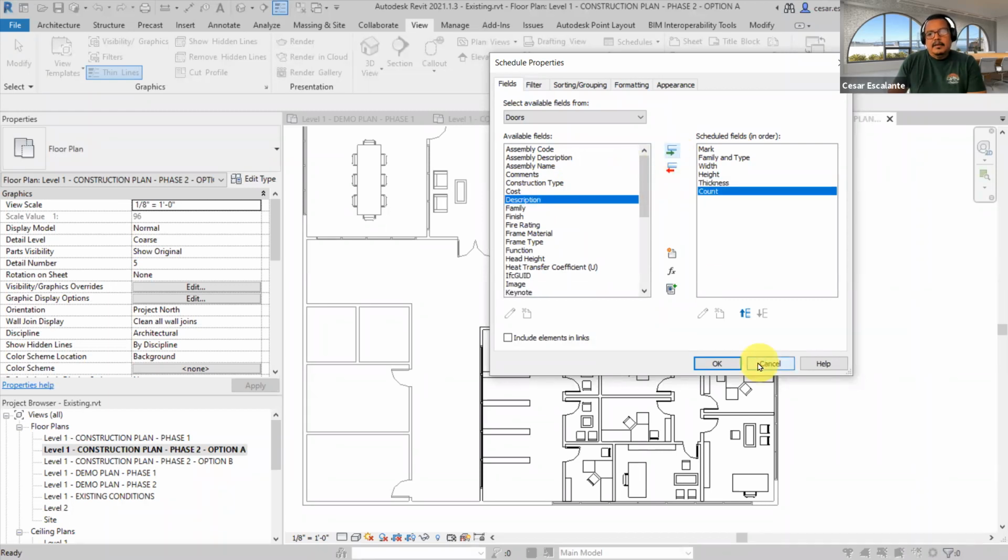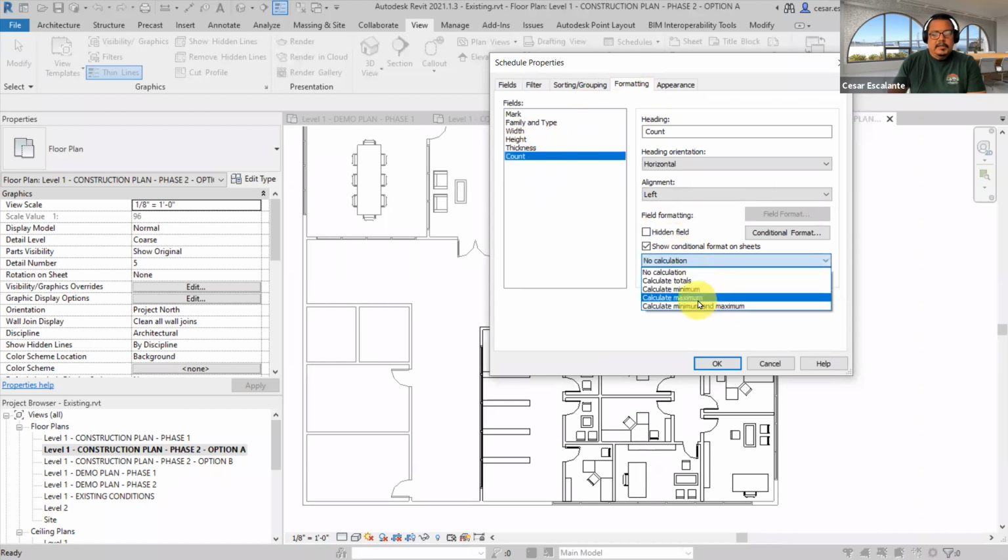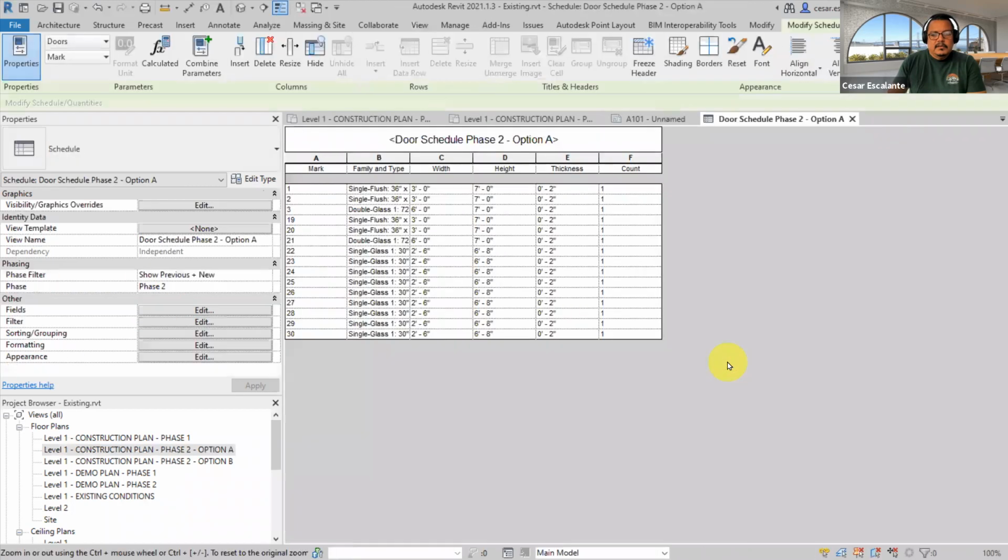And then in the formatting, I want to make sure that count does display totals, calculate totals, and hit OK. So this is the list of doors of